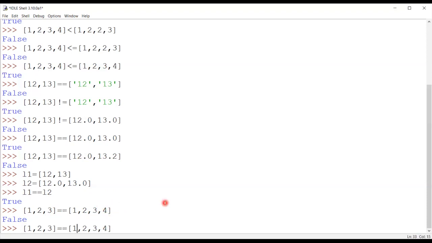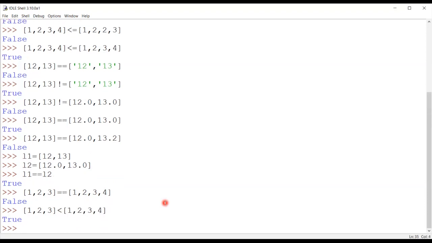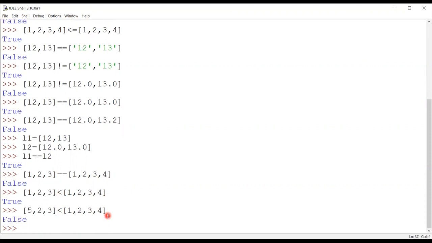Similarly, if I say this is less than, yes, of course, this is lesser than my list 2, because here are 3 elements and here are 4 elements. But in that case also, if I say 5, then I'll get the result False. Because here the number of elements is not compared, but the value of the elements is compared. 5 is greater than 1. The first element is compared with the first element of the other list, and I'm getting the result False.